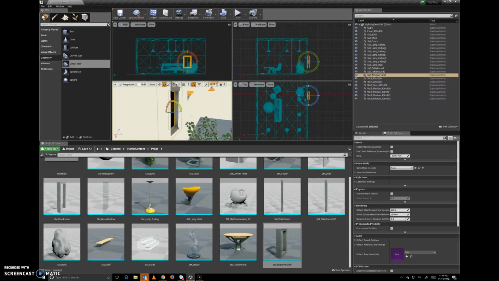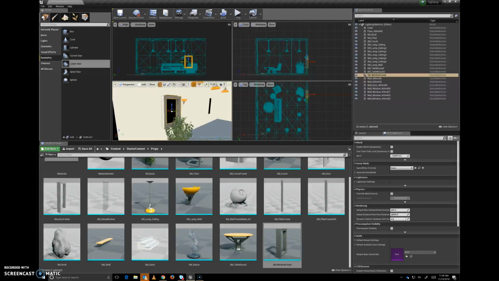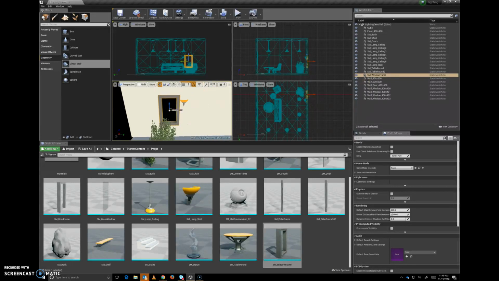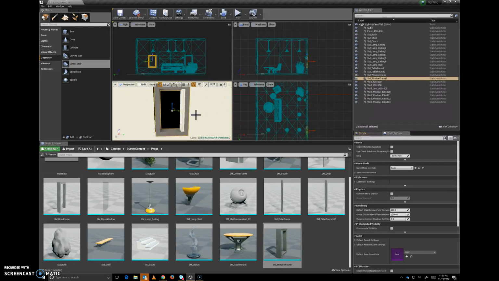So as I begin to put things into my scene that will capture light, that will grab the light that's coming through the window, that's going to make things look a lot better, because anything that can capture light will look better, light can fall on it. So I'm going to hold down Alt and I'm going to drag that over here, and I'm going to frame that in and look at